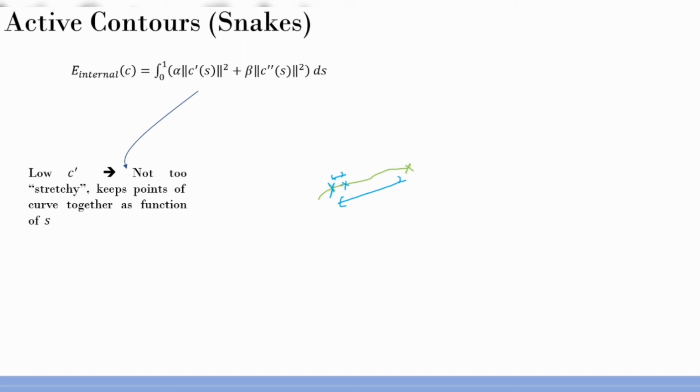A higher value means you get a less smooth curve. It's like a straight line compared to this one. The closer value means it will be smoother, and the extension increasing means it's not smoother. That is going to get measured by using the first order differential. If that value is lower, that means you're taking closer samples, and this is a measure of the stretchiness of the curve. So this essentially keeps the points closer together. The first order differential of the curve essentially gives you a factor of how smooth the curve is.